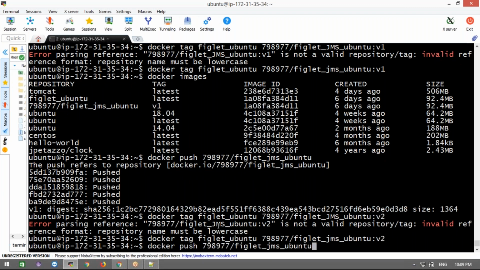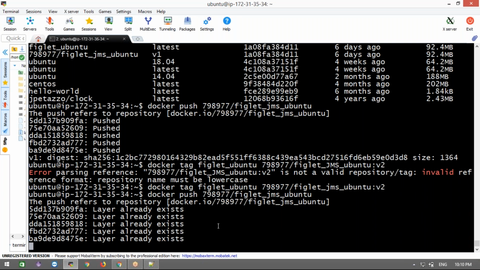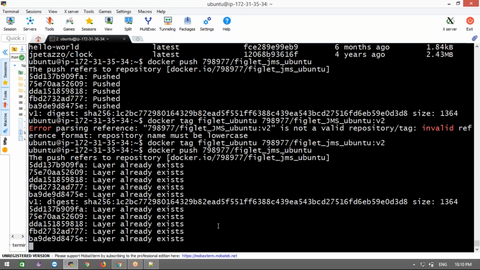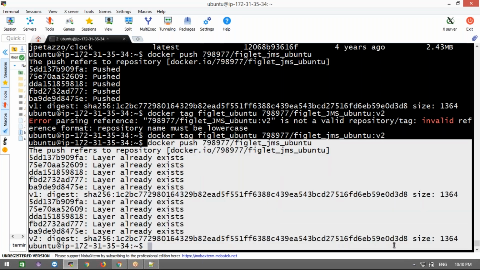Right. Now, before pushing this one, for example, I'm trying this. See what has happened here? If you do not specify a particular version, it will push all the versions. This is the latest version feature.